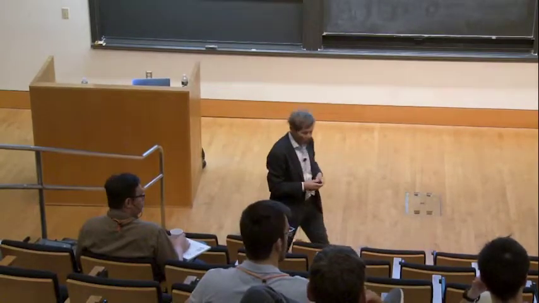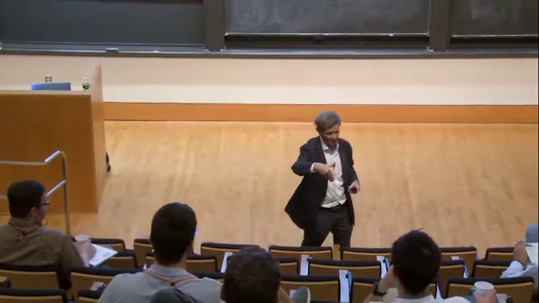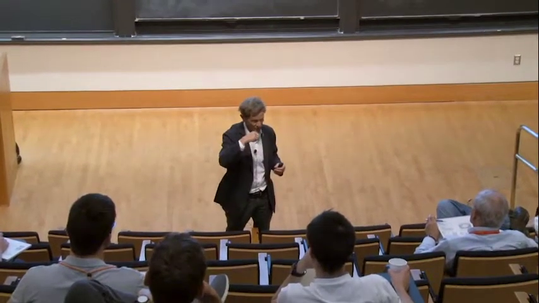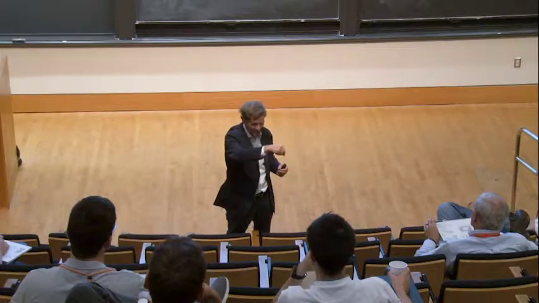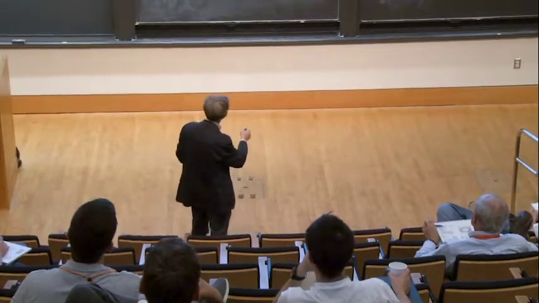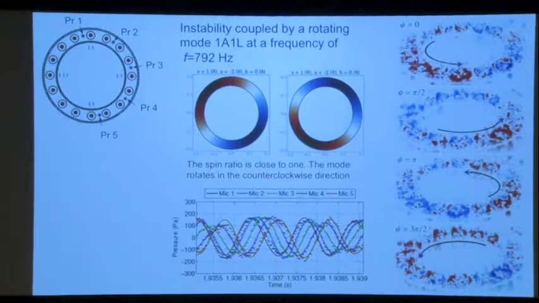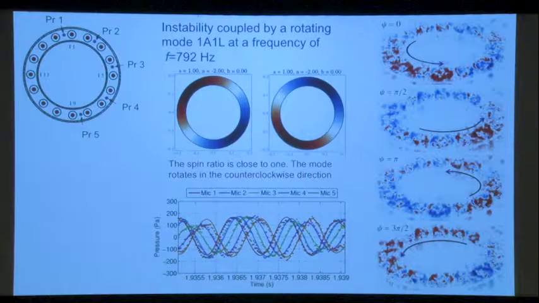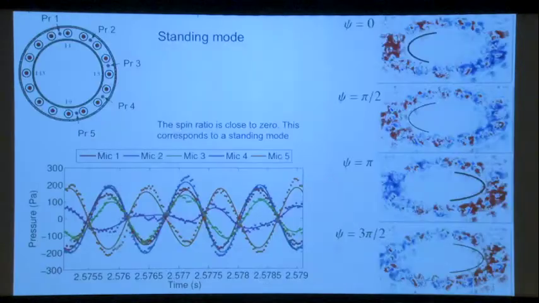Can you hear it when it's spinning? Oh, yes. No, what you hear is a frequency. The spinning is just seen by the microphones, because the microphones detect a signal which looks like this. You see the waveforms that you get if you put all the signals on a scope or on your computer. You see something which looks like a wave, while if you have a standing mode, you see something which is standing here. You see there is a big difference between the two. And you go from one to the other.